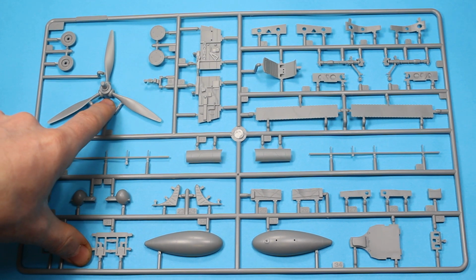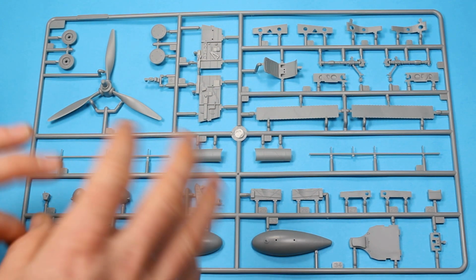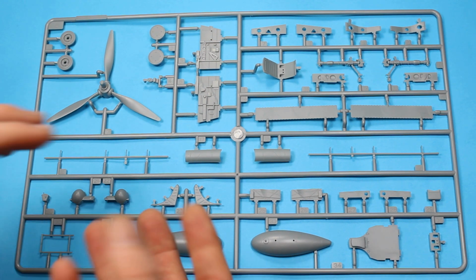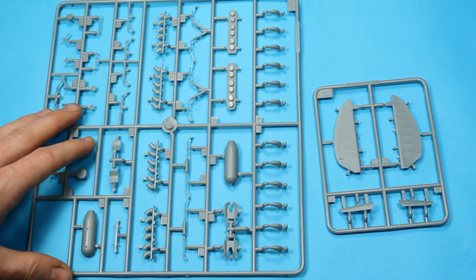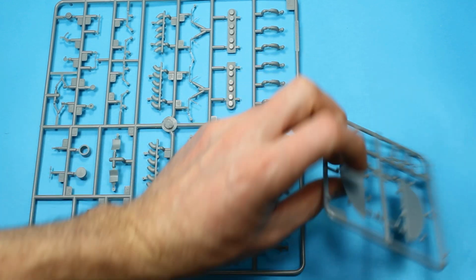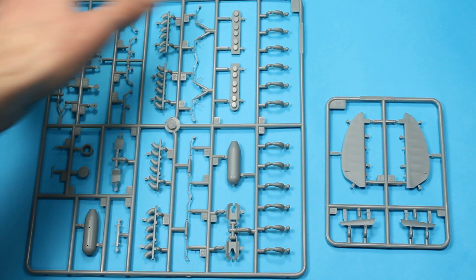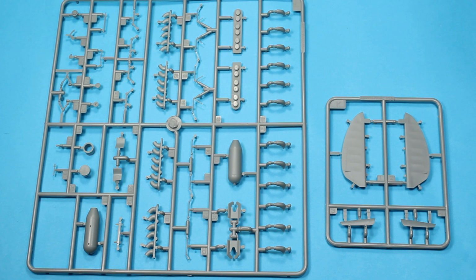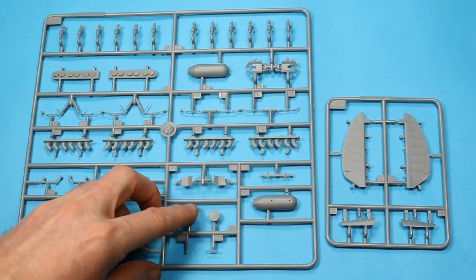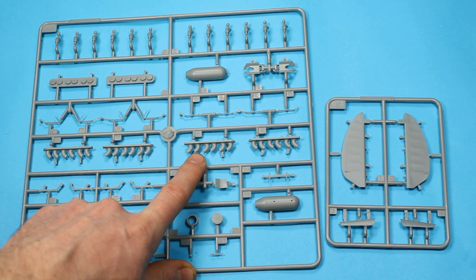And as I was saying, I think I'll be cutting these blades off at the hub join there and then drilling and making sure it all fits before I actually glue the nose cone together and then try and get rid of that seam. And then we've got the last two sprues here, which have got the elevators and tail wheel covers, and we've got a whole load of stuff here which caters for exhaust. So we've got two types of exhaust, which makes me think we're going to get the whole range. I think I've seen they're already looking to release an E this year, and you've got this design of exhaust,